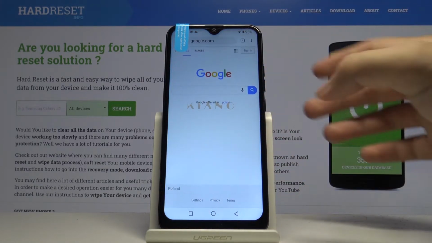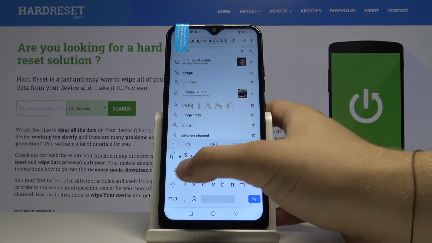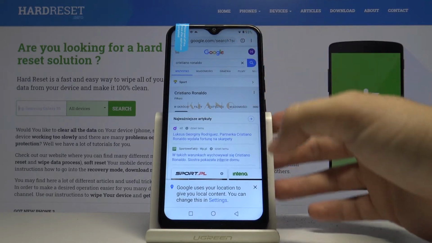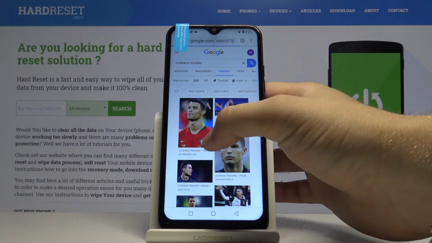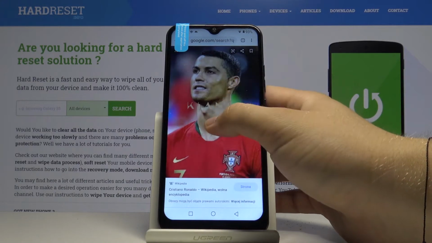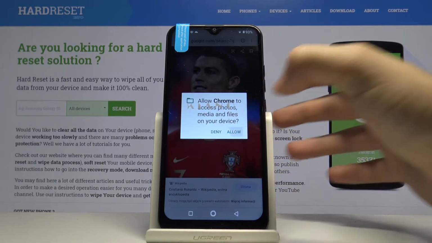So for the first, let's go for example for the browser, and we are going to download the picture, maybe a picture of Cristiano Ronaldo. So click here, tap on the graphic, and maybe we can get this picture. So click here, tap and hold, and click on the download. Click on the continue, click allow,